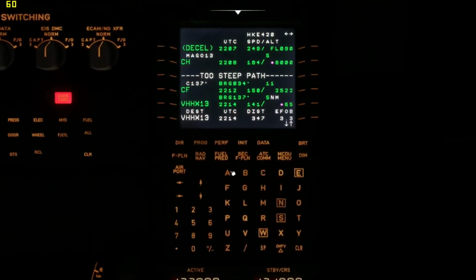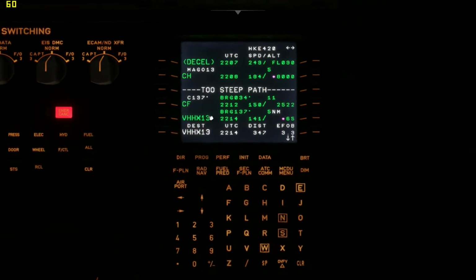I'll just finish the programming and I'll brief the arrival as well. From Chengdu Chao, we are going to Chengdu Chao, bearing 045, and distance of 4 nautical miles. From there,